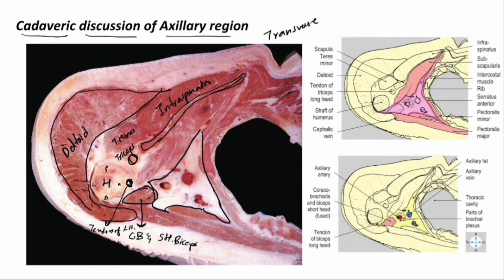And coming to the medial wall, here you can see serratus anterior muscle. This is the rib at this level, and here are the intercostal muscles located, and this forms the medial wall of axilla. The anterior wall, here is the pectoralis major, and here is our pectoralis minor muscle forming the anterior wall, and posteriorly there lies the subscapularis muscle in front of scapula. This forms the posterior part of axilla. That's about the transverse section of axilla.